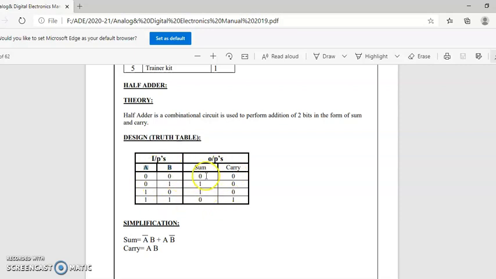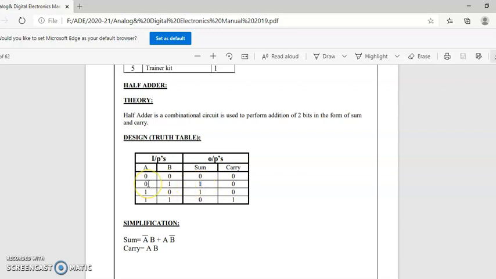Now we need to write the expression for this. How do we write the expression? You scan through the columns of sum and carry. Wherever you find 1, write the relevant input combination. One more important thing: we are going to solve these problems in terms of SOP, sum of product terms. When I scan through this sum, here it is 1. What is the input associated with this?